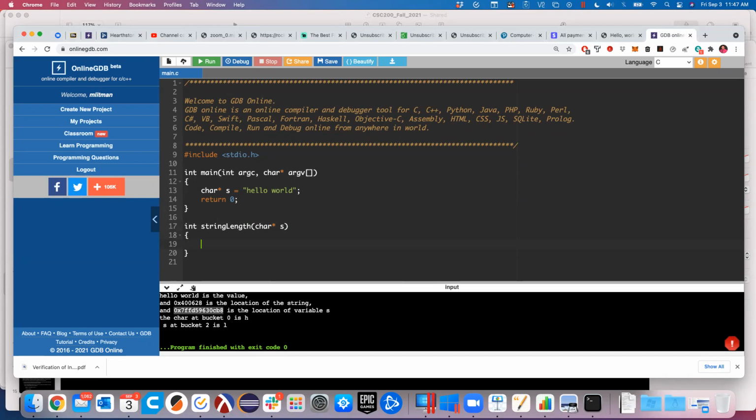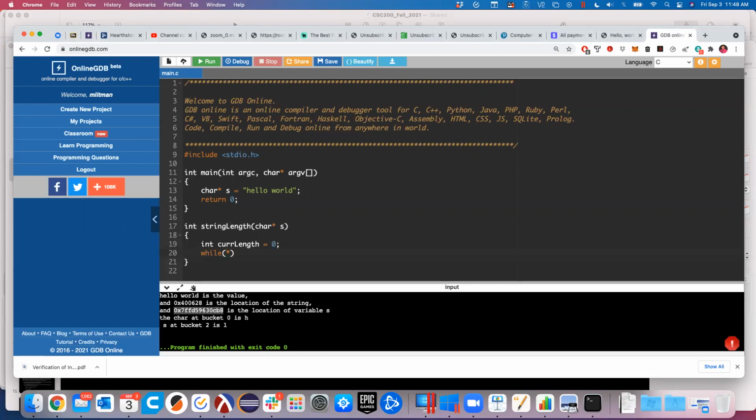Nothing crazy there. All right, so now what we want to do is start walking our string from the very beginning of it, which is stored inside of s. That's the base address of our string, the value that lives inside of s. And I want to ask, is that guy a \0? If not, add 1 to my length, keep going. So I'll say cur length starts off at a 0. Let's see if we can just do it with a single thing. So we'll say while